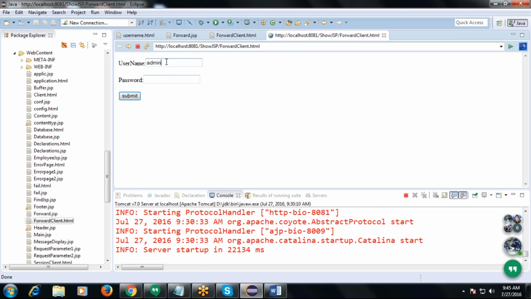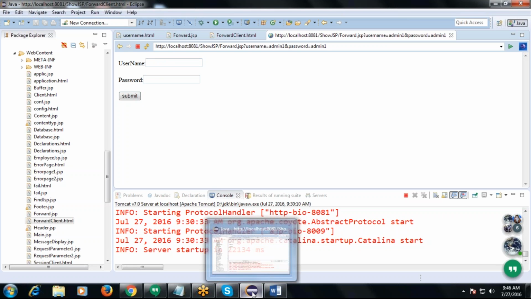Now, other than admin and admin, like username admin1 and password admin1, and we submit it, you see the same page showing. That means the request is not forwarded here.